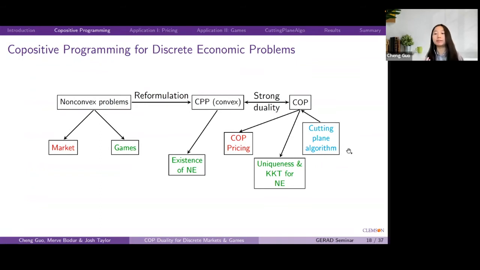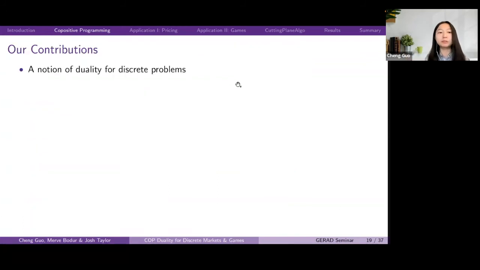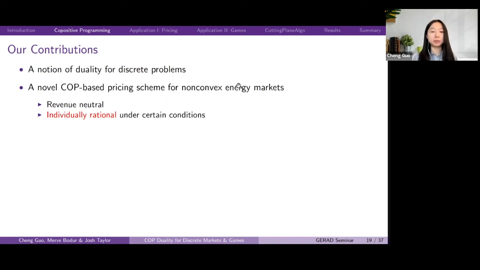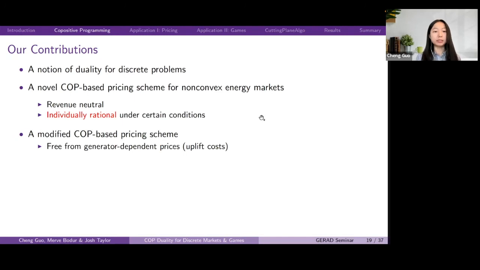And finally, we derive a cutting plane algorithm that solves copositive programs exactly. And this is novel, and it's different from the SDP approximation, which is, after all, an approximation method, although it's widely used in the literature. And our contributions include proposing a notion of duality for discrete problems. And we also propose a novel copositive programming-based pricing scheme for non-convex energy markets, which is revenue neutral and individually rational under certain conditions. And we also provide a modified copositive programming-based pricing scheme that is free from the uplift